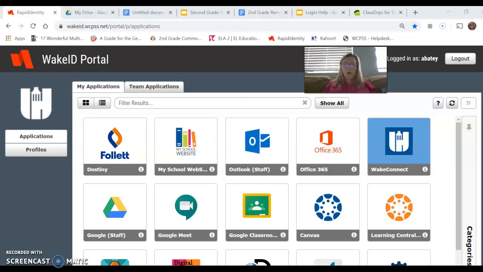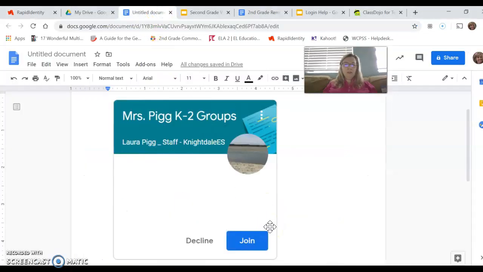So if you log into your Wake ID portal, and you'll see the page that I'm showing right now, and then you'll click on your Google Classroom. And when you click on your Google Classroom, you should see something like this pop up. It says Mrs. Pigg K2 Groups. When you see that, you'll click where it says Join,